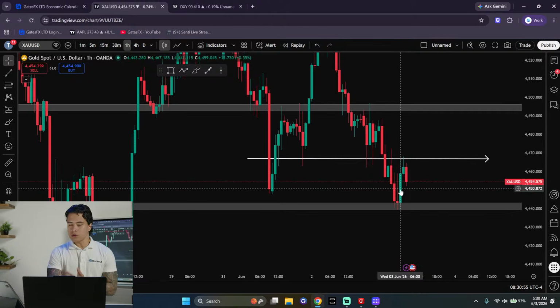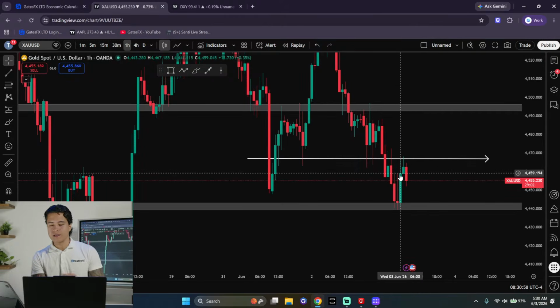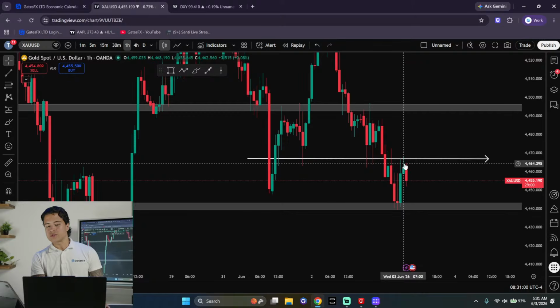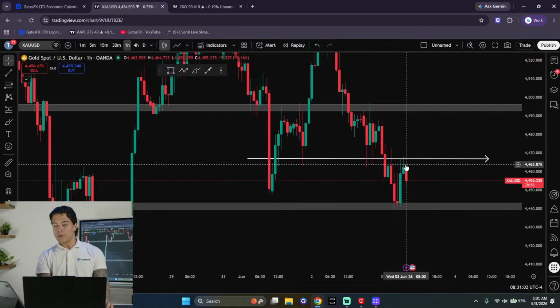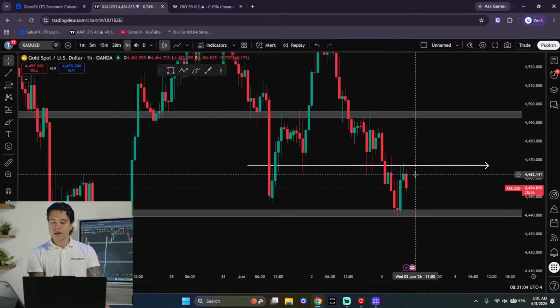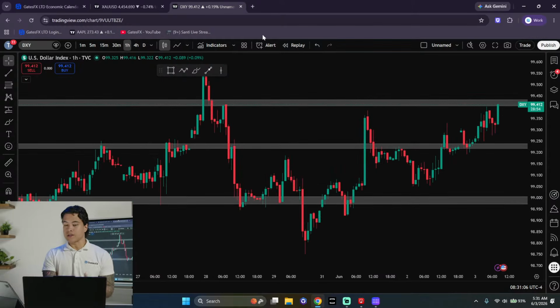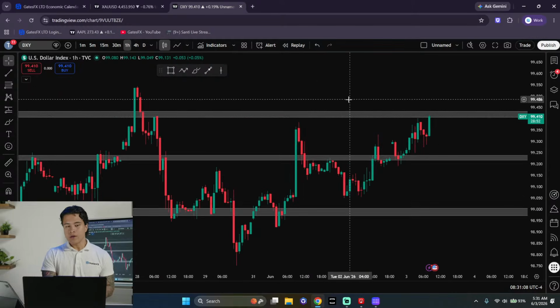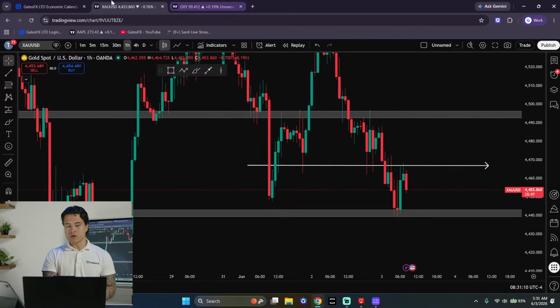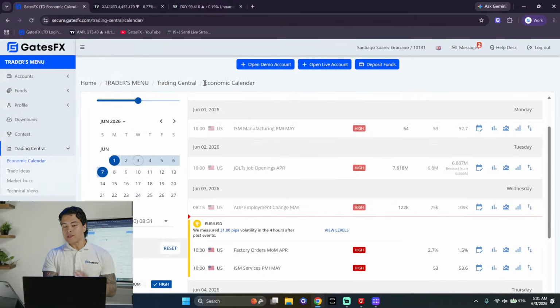So again, you follow those clues, and now what we're doing right now is the same exact thing. We still have continued rejections off of this area. And in my opinion, we're not seeing a stronger push because of the fact that we're seeing dollar strength right now, for one. And one of the reasons why we're seeing dollar strength right now can also be this strong report that came out. You see, for example, ADP employment change. Remember, we're talking about the labor market here, and we're seeing a report that's 122K, so it's above 75K,